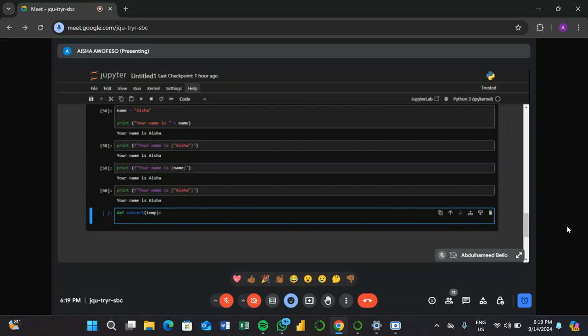There is a standard formula for that. Let me call this C temperature, that's Celsius temperature, then Fahrenheit temperature is equal to